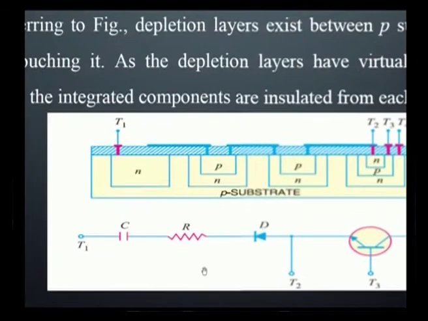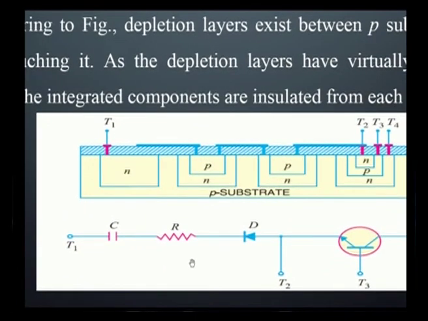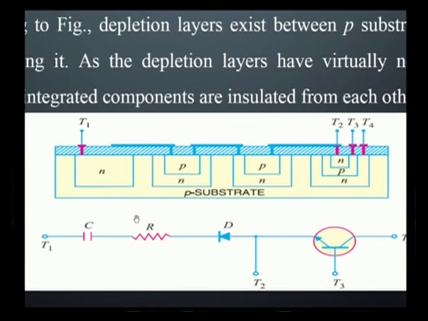We know all the electronic components' fabrication, that is resistor fabrication, transistor, capacitor and diode, which we also studied. This is a capacitor, which has single terminals, and P and N. We can easily identify this as a resistor, because both the terminals will be on the P type material.